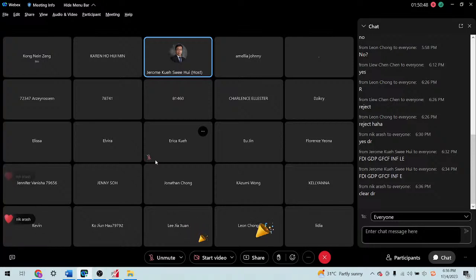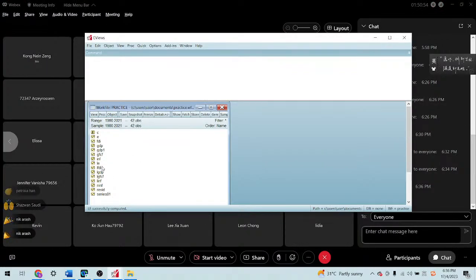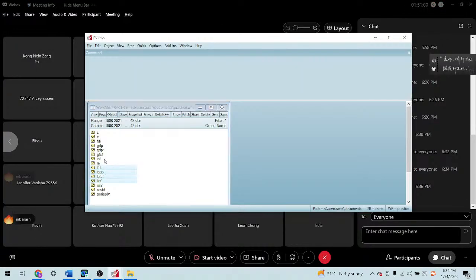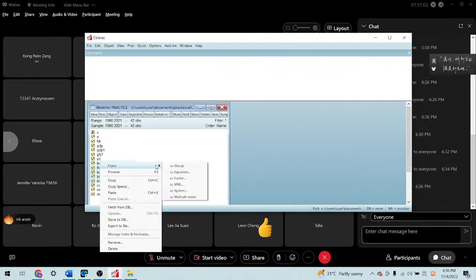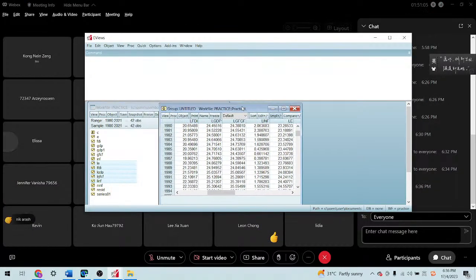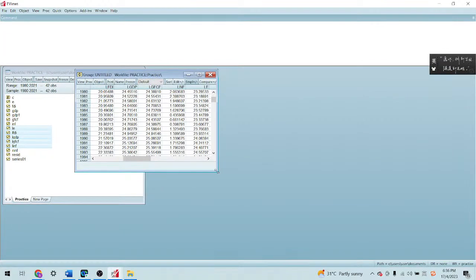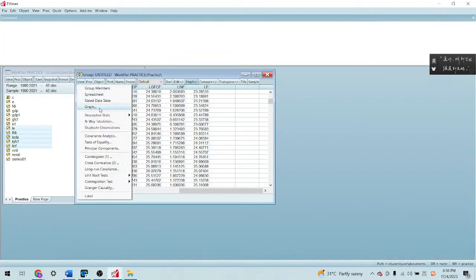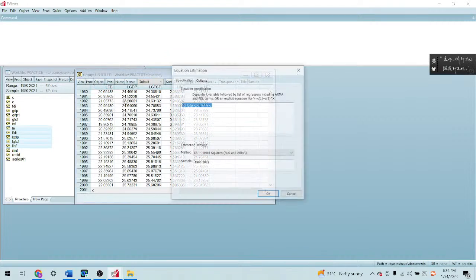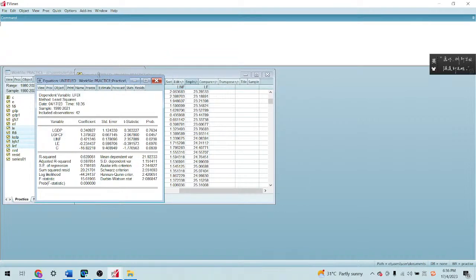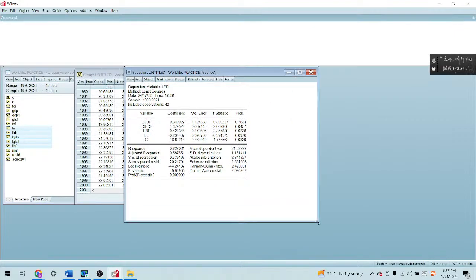Use FDI, GDP, GFCF, INF, and LE as the model specifications, and practice using EViews step by step. Then show it to me, put it in Word, and I will put it in the forum for you to submit. Practice now so that you will not forget. If you wait for tomorrow, I worry that you will forget.